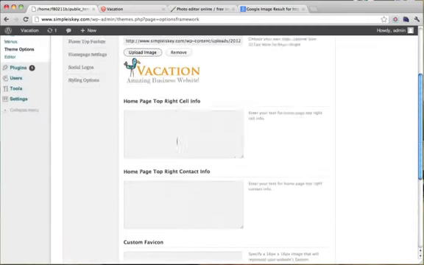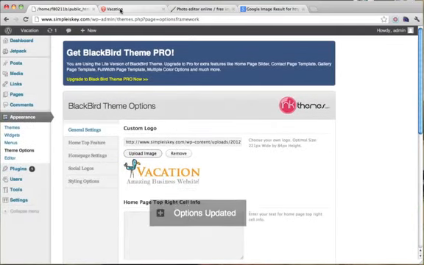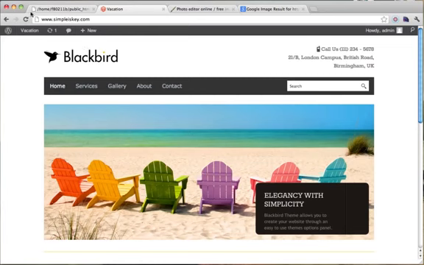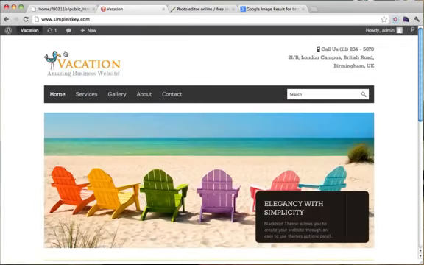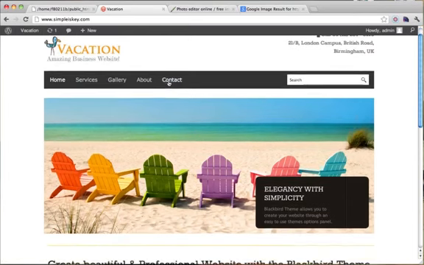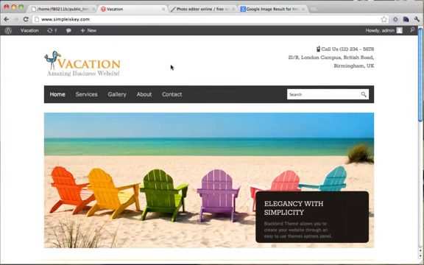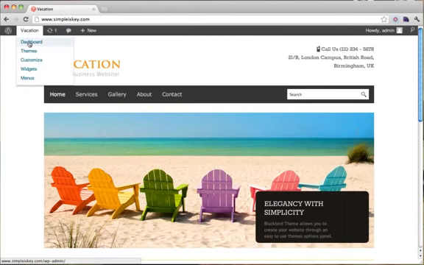Obviously yours is going to be better because you'll spend more time on it hopefully. But if we refresh, we can see that we have our logo integrated into the website now perfectly. Next, we're going to learn how to change this right here. So we could just go back to our dashboard. Let's exit out all the editing and everything. Let's go back to our dashboard